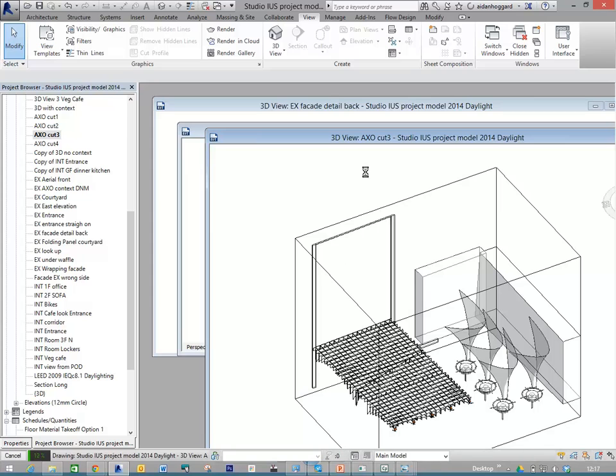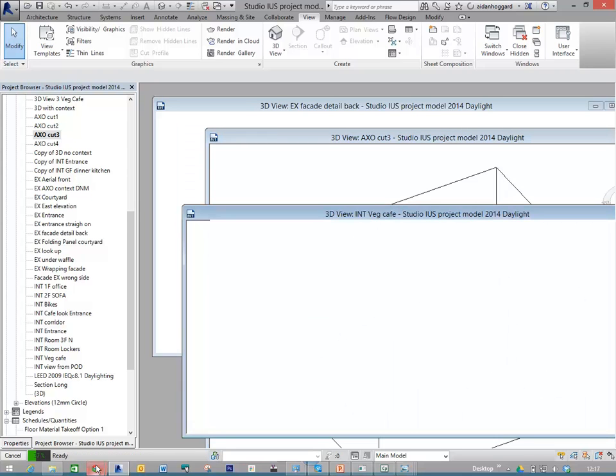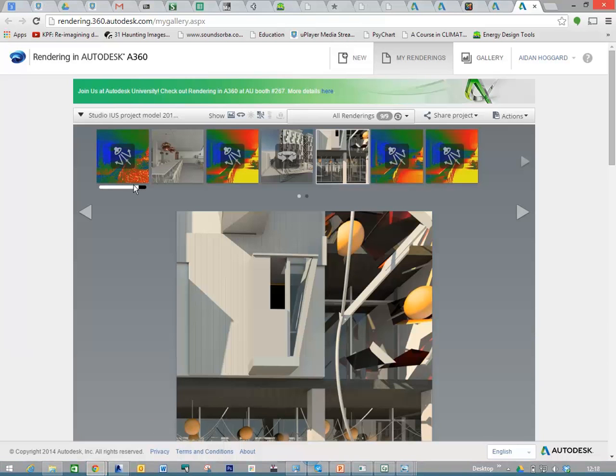Go and have a little play around with that. I won't do it now. He's got all these different views in there. Okay, back in our render gallery,